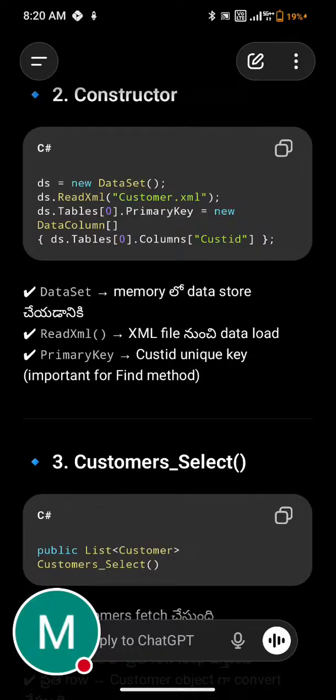First, the two lines. ds is equal to new DataSet. So ds is a new DataSet. ReadXml customer.xml. ReadXml customer.xml. ReadXml means